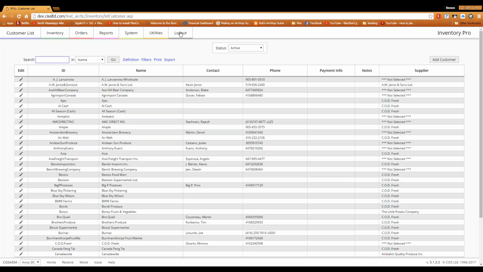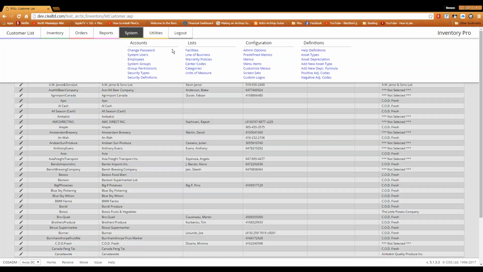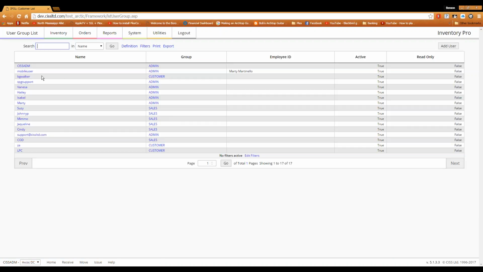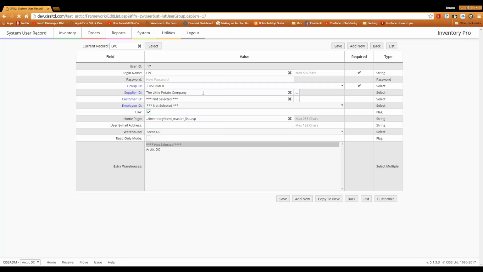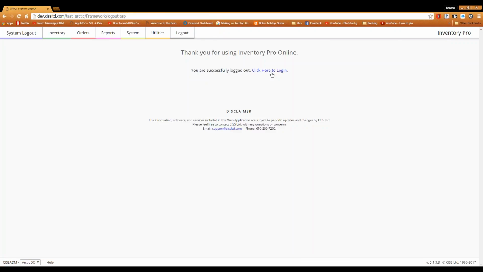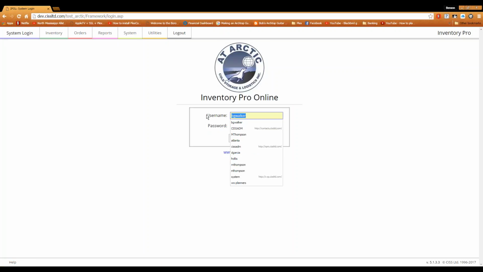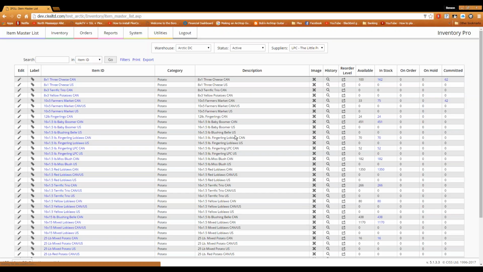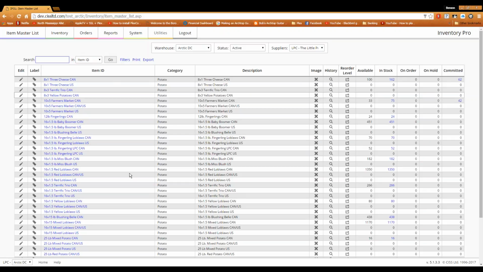So again, let's take a look at that profile. We go to System Users and we look at the LPC profile. You can see that he's assigned to the customer group. The supplier ID is Little Potato Company, and the warehouse is Arctic DC, so it immediately defaults to that. So now I'm going to log out and log in under LPC. Okay, they immediately go to the item master list, and you'll notice that it's